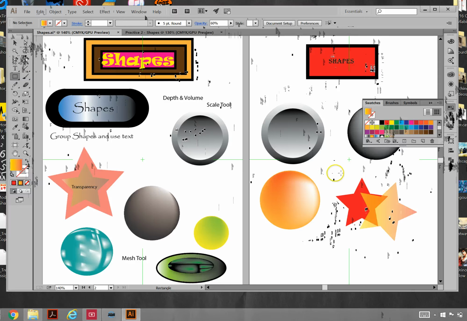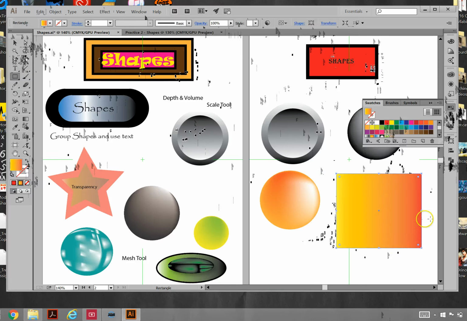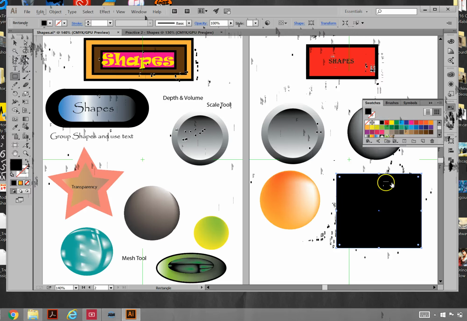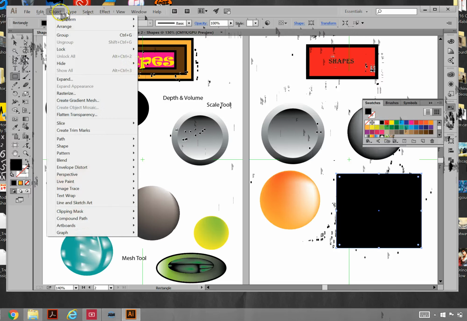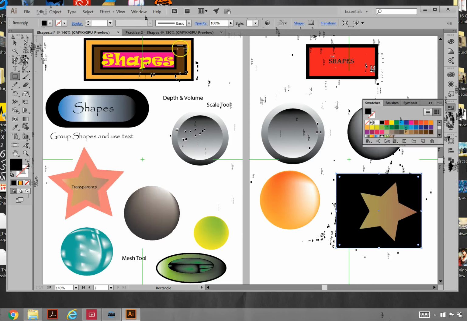rectangular tool and let's draw a box around those stars, and let's turn the box black, and now let's go up to Object, Arrange, Send Backwards. So now we can send it backward, we can see one of those stars. The other star was behind the star, so you're not going to be able to see the other star, but you can do something like that, which isn't quite transparent, but let me go ahead and